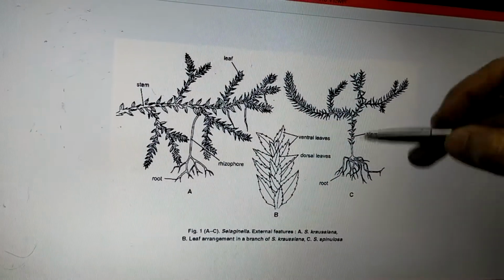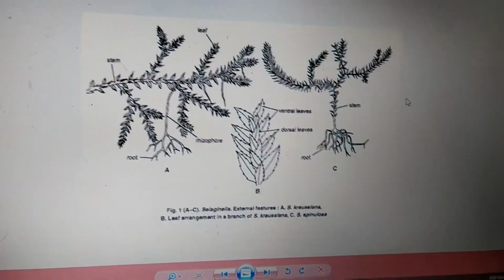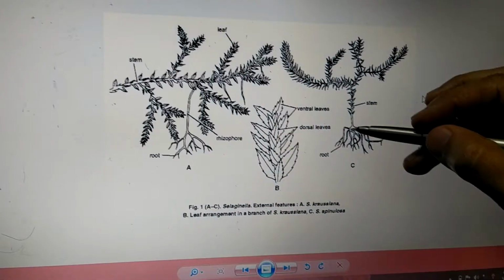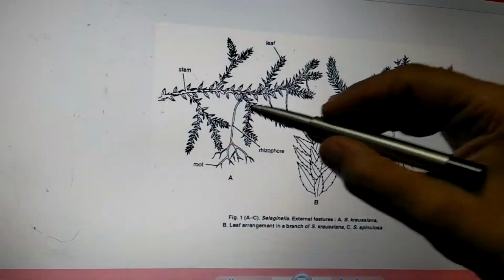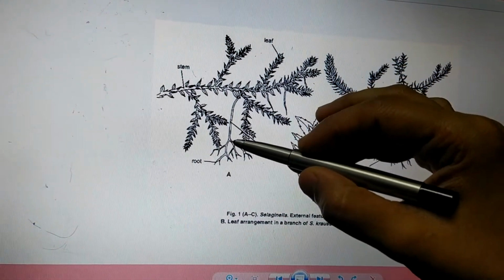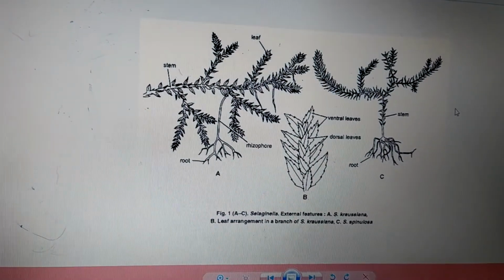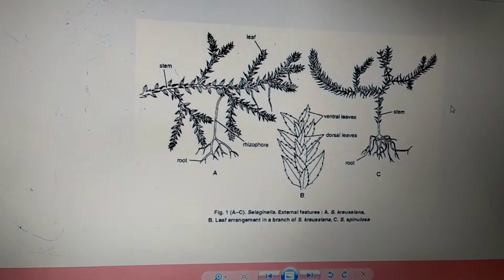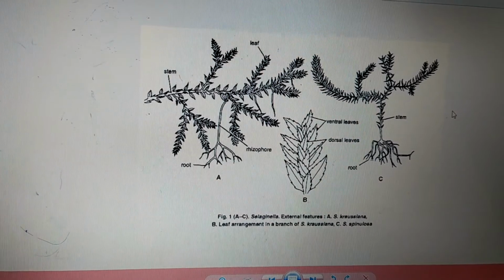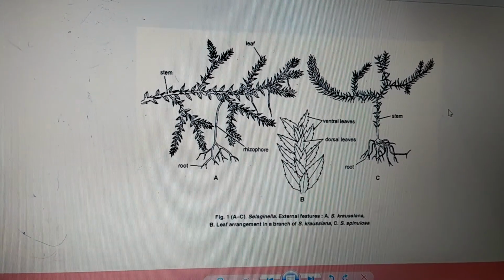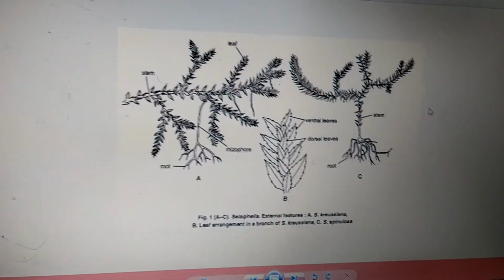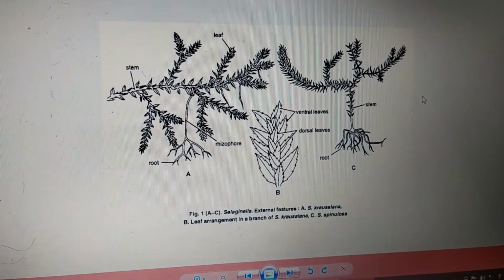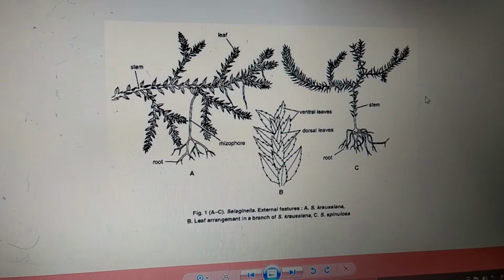In case of Homophyllum, at the base of the stem, you are going to see the roots directly. But in case of Heterophyllum, an erect cylindrical structure is going to grow, which is colorless and leafless, and the free end of this is going to produce root-like tuft structures. So this was a description regarding the rhizophore. Now we will begin with the internal structures of Selaginella.